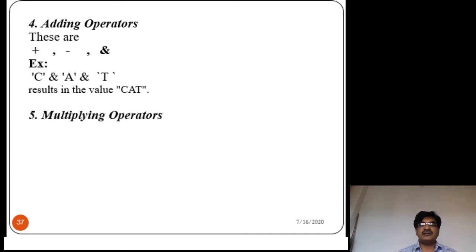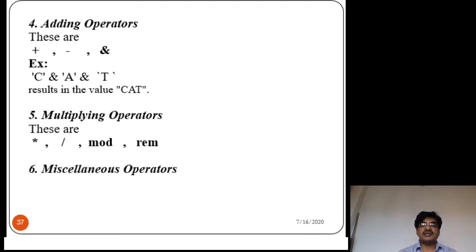Then multiplying operators are asterisk, division, mod operation, and rem operation. These all come under the multiplying operators. Then coming to miscellaneous operators, ABS gives the absolute value, and the double star represents the exponent.